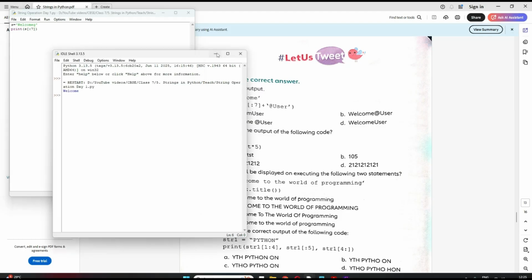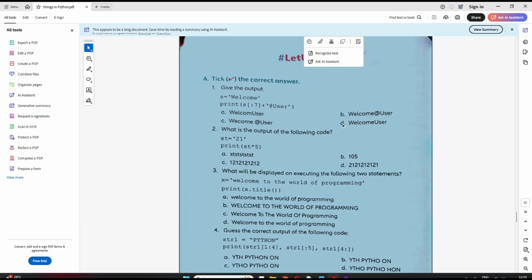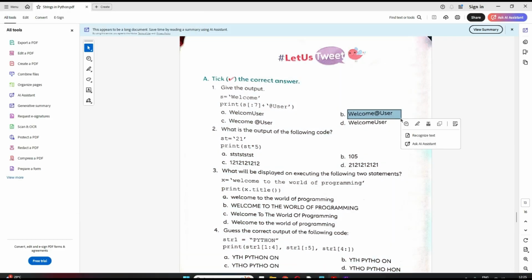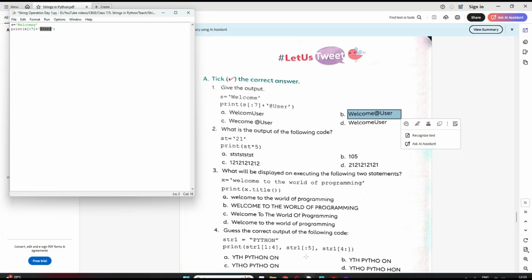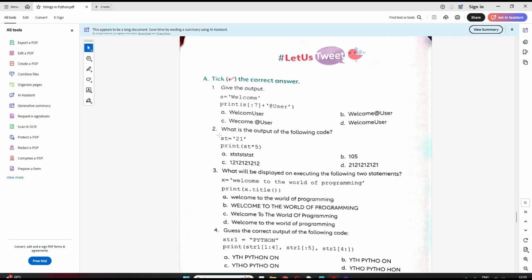Now here, if you see, there is a plus. If you remember, what does plus stand for? Concatenation, when you want to join two strings, right? And then they have written @user. So what will happen? Tell me. Here this returned welcome. It will concatenate with this. So it will be welcome@user. This one. Clear? I hope I am clear. Let me save and run it for you. See, it is welcome@user. Clear? Now let's move on to the second.